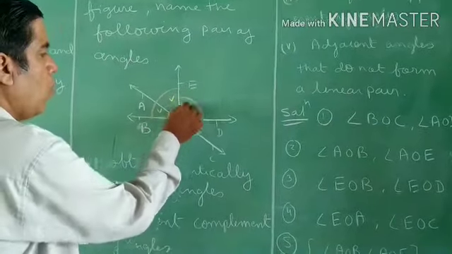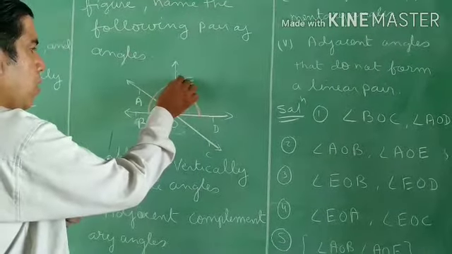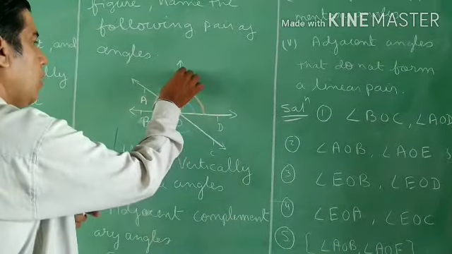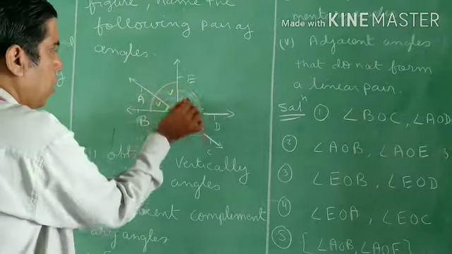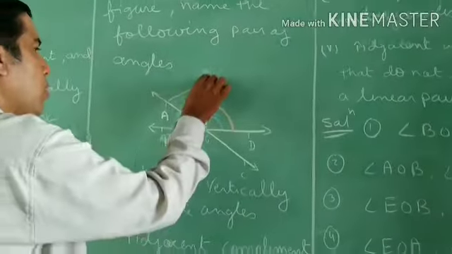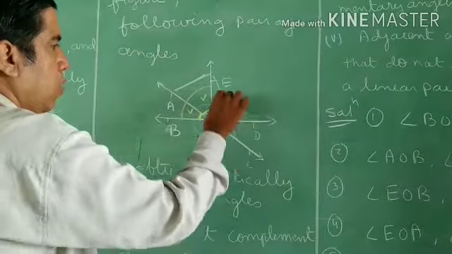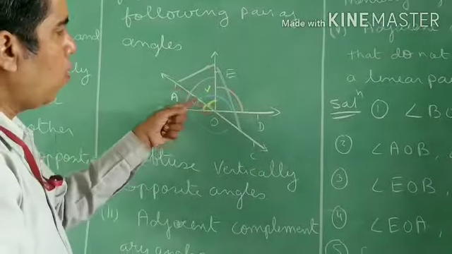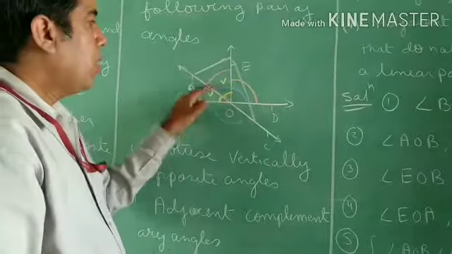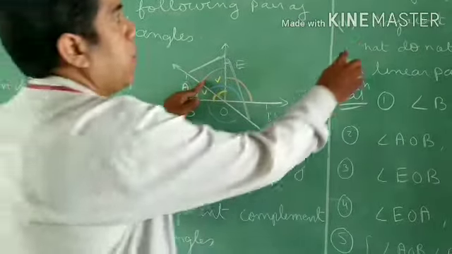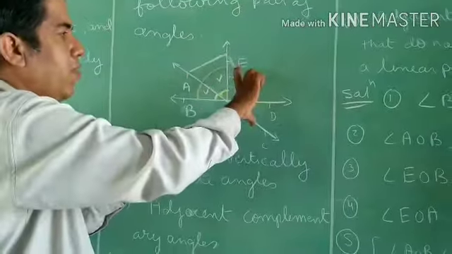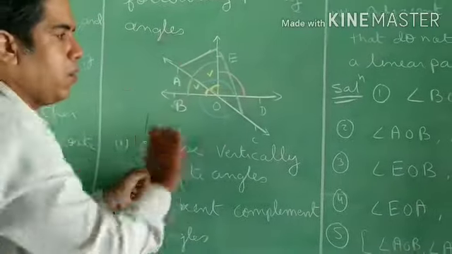That is EOA. Now I have taken this angle as EOA and EOC. EOA, I am counting on this line AC. So EOA I am taking with the help of white chalk. This angle I am counting here this much, and this angle here this much. So you can see EOA and EOC. The sum of these two angles is 180, but they are not equal. That is all they want. Unequal supplementary means they should not be equal. So you can see this angle is very small and this angle is very big, meaning it is obtuse and this is acute. Right here.